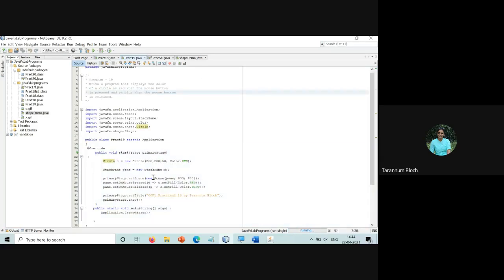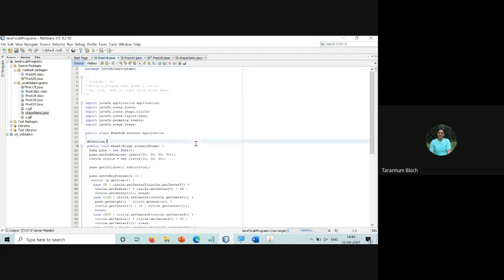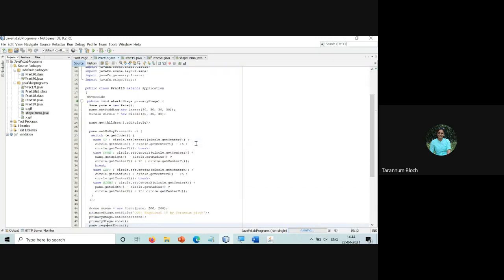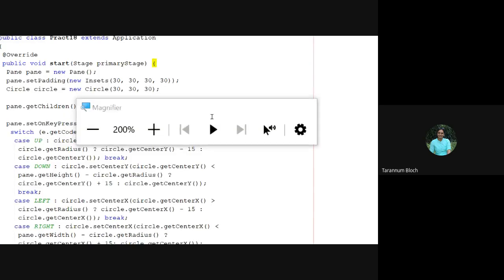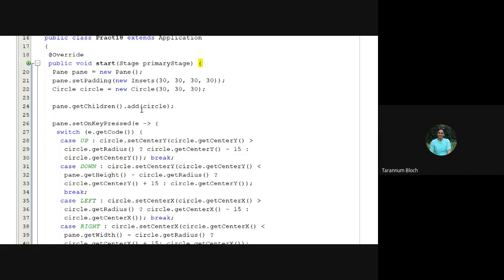Like we created a circle. Can you see this? Which was at practical 18. We created a circle with 30, 30, so x and y are 30, and even the circle radius is 30, and we have used the getter properties. You see, get radius, get center y, get center x.